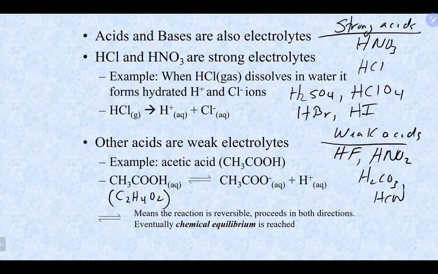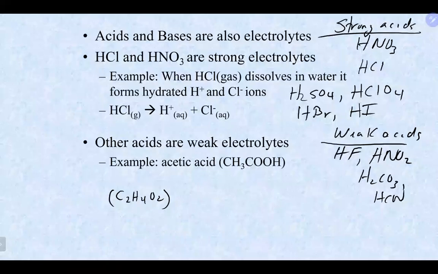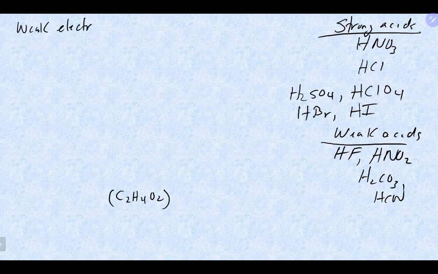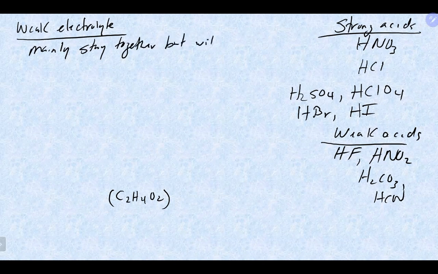Now, weak acids are weak electrolytes, and there is a difference between a strong electrolyte and a weak electrolyte. A weak electrolyte will mainly stay together, but will produce